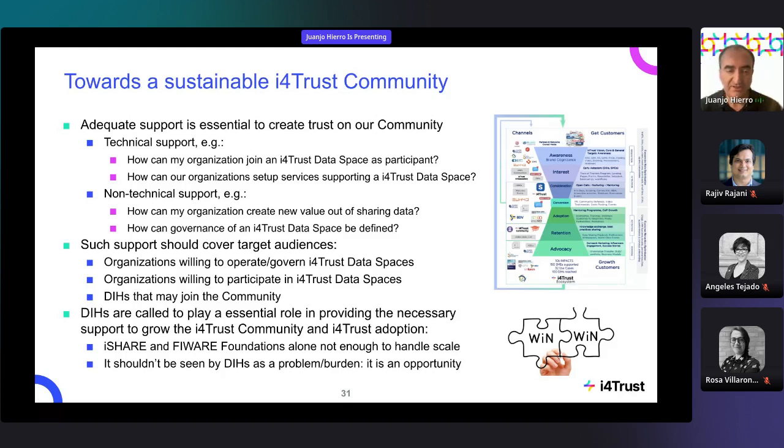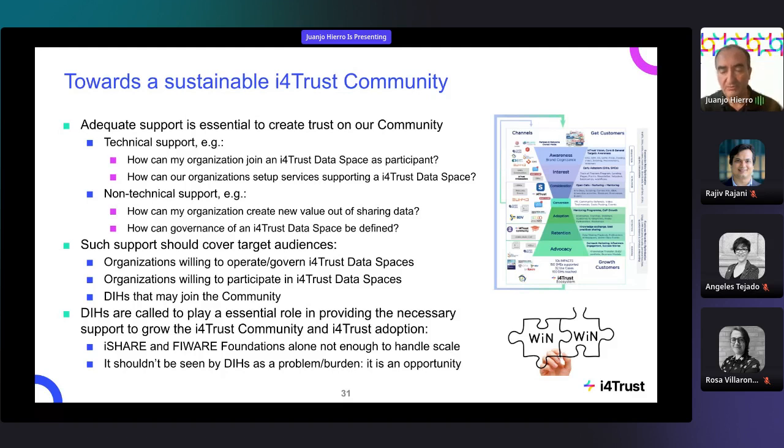Technical support covering aspects about how my organization may join as an I4Trust data space participant, how we can use the different components of the technology framework that is being provided, but also non-technical aspects, like how I can really create value out of sharing data, and whether my particular use case is something where I will be able to develop a sustainable business model, how I can evolve and bring the data space I'm designing into the market, covering therefore other aspects that have to do with the governance that is necessary in such data spaces.